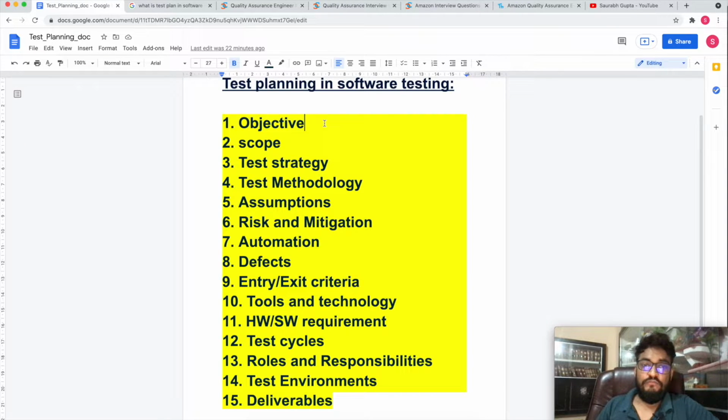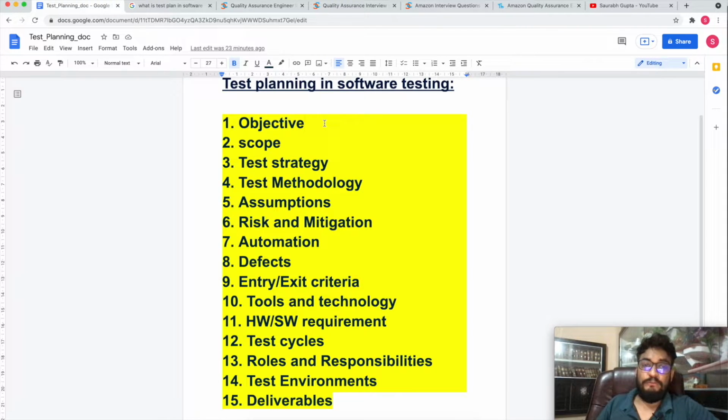Objective. So first of all, this will be a heading in the test plan document. What is the objective? Why are you writing this particular test plan? So maybe you can demonstrate it in three to four lines at the time of the interview. Suppose you are adding a payment gateway or a new feature to a website, so you can write that this particular feature is going to be an inclusion in the existing website, and how it is benefiting the existing business or the customer, something like that. This depends on how you are going to write it, right?